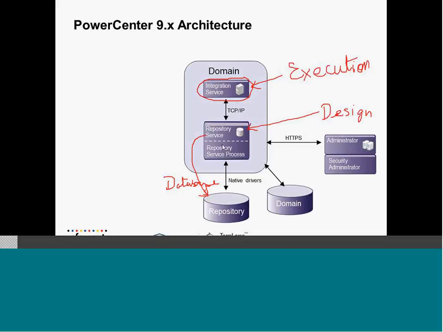So that's how it looks to us. Two services: one is responsible for managing the data, another one is responsible for executing the data. So now comes what we design here. I love this question. What do we design here: mapping,